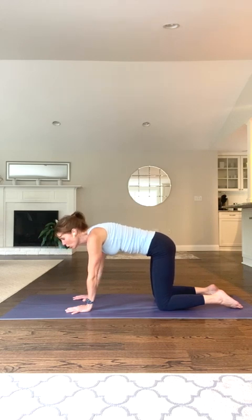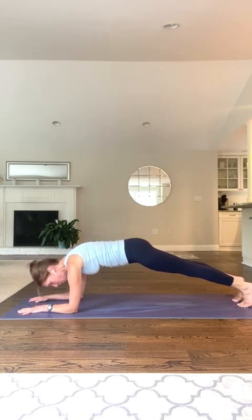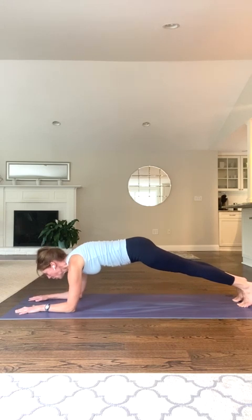Planks can be really challenging, so modify however works best for you. So you're going to come down to your forearms. And you're going to step your feet back. And from here, stay on your toes, trying to get your heels above the balls of your feet, bringing your elbows right under your shoulders, pull your navel in, and come into a forearm plank, pressing into your fingertips, pressing into your forearms,